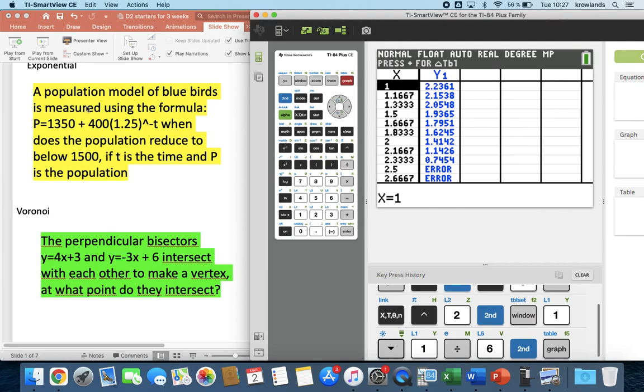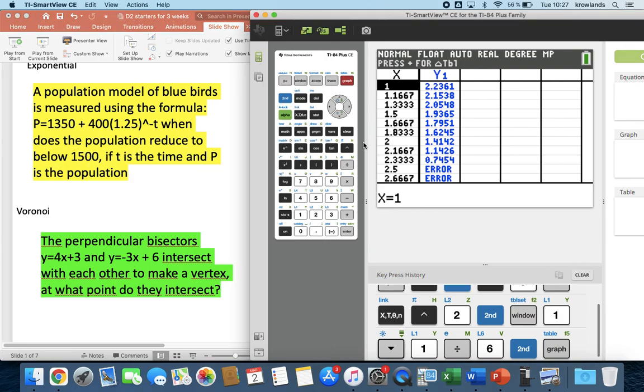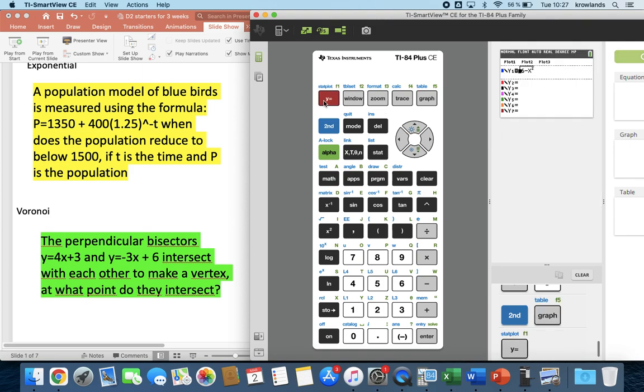The population model of bluebirds is measured using this function. When does the population reduce to below 1,500 if t is the time and p is the population? Whenever you have a function, you need to go into the y equals, press clear, and then type in the function. It's 1,350 plus 400, brackets